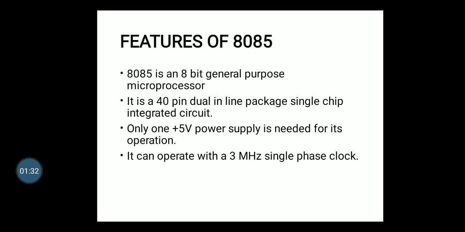The width of the data bus is 8-bit. The width of the address bus is 16-bit. Therefore, a maximum of 64 kilobytes of memory locations can be addressed directly by the 8085. The multiplexing of address and data bus allows for extra control signals. It has one non-maskable and 3 maskable vector interrupts. It also provides SID and SOD.